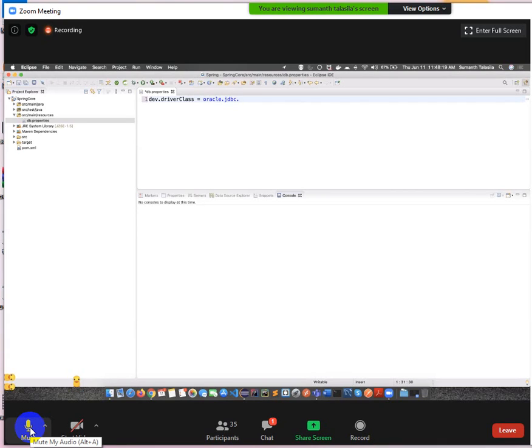Oracle.jdbc.OracleDriver. dev.url is equal to jdbc:oracle:thin:@localhost:1521:devdb. dev.username is equal to, let us say, bms_dev. dev.password is equal to abc_dev. Now, my requirement is I want to read this particular property file.